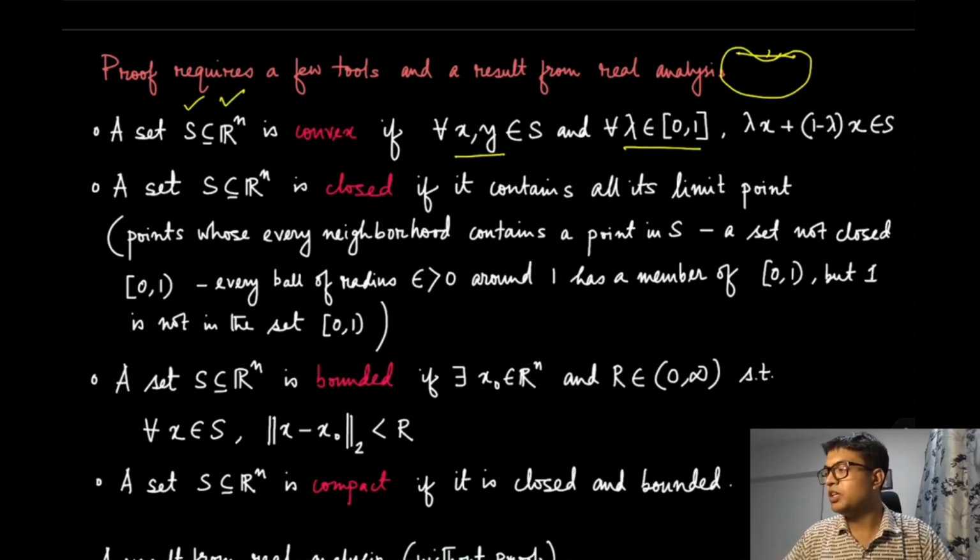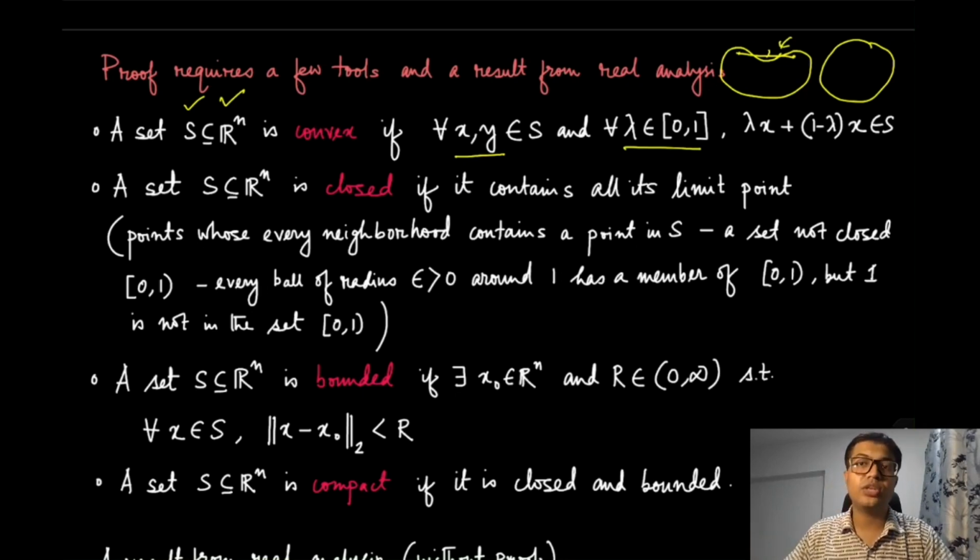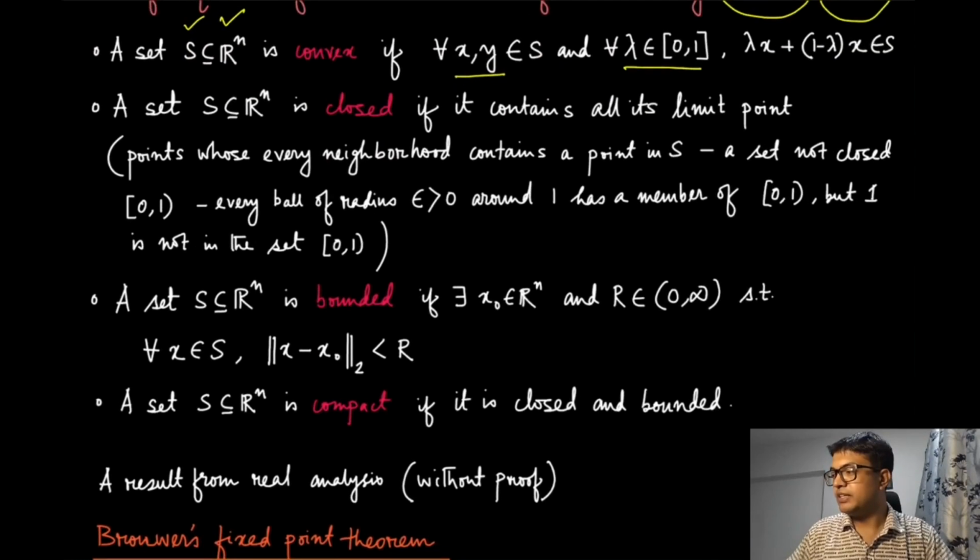So what will be the shape of a convex set? Something like a circle, or things which do not have such situations where if you draw a chord between 2 points in that set, that goes outside the set. Okay, so the second property, the second definition